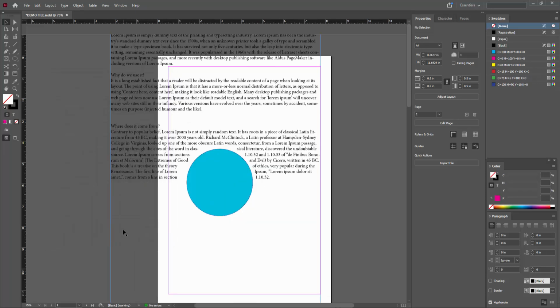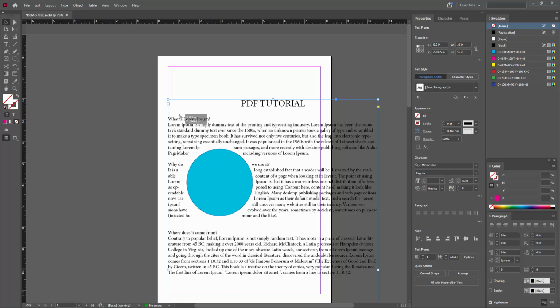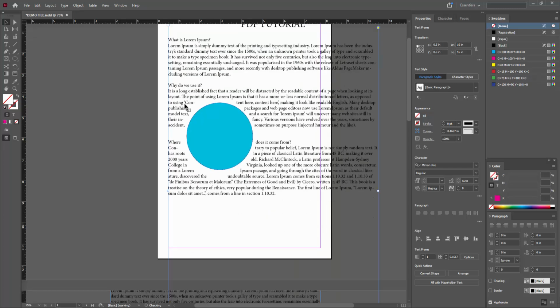Then click OK. Now you can see we change the size of the page and make only one page very